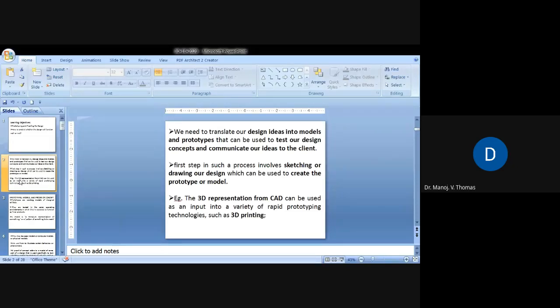So the first step in such a process involves sketching or drawing or design, which can be used to create the prototype. Sketching or drawing we have seen when we discussed communicating designs graphically. That section discussed sketching and drawing. So those sketches or drawings should be converted into a prototype or model, so that we can test the efficiency, whether